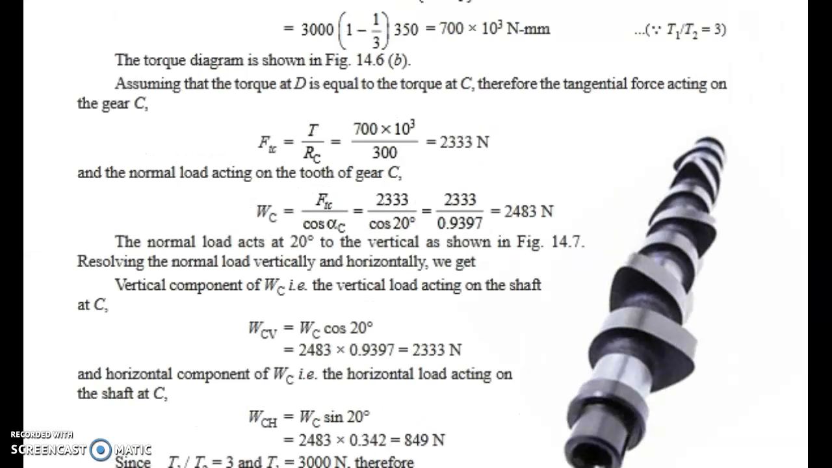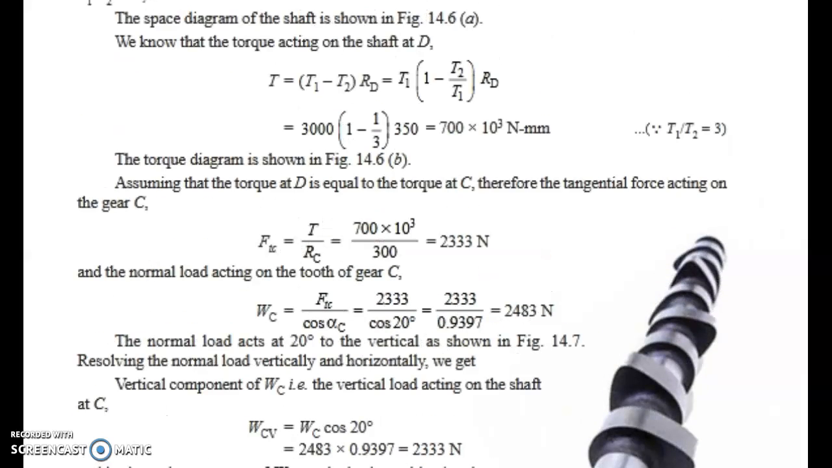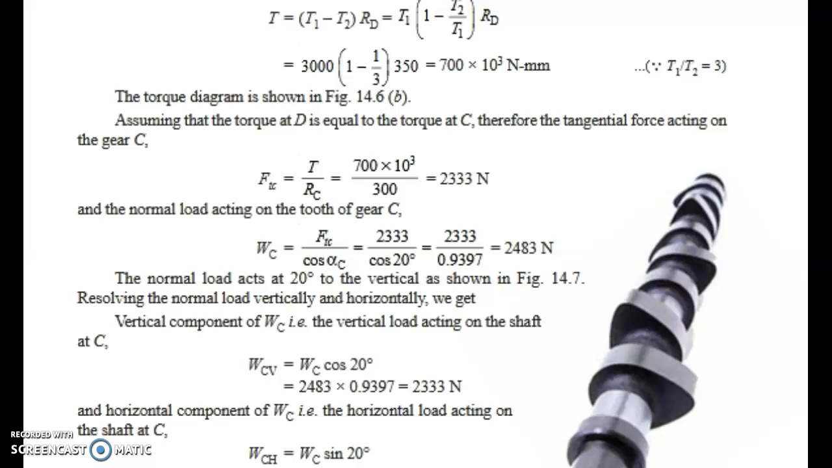Now we can find the values of the loads on the gear. How can we find the values? First of all, we can take the tangential force FTC. For a gear, FTC is equal to T divided by RC. T we calculated and RC is a given value. So the tangential force we can calculate as